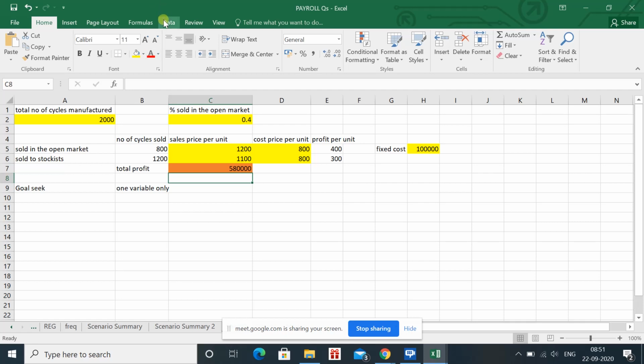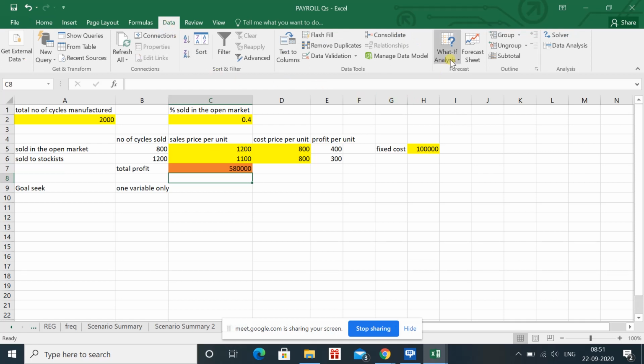Now you know that to apply the what if analysis we have to go to the data. In data we have the what if analysis. I am repeating, I have not discussed any of the points which are required to do in the question. Till now we are just discussing what all we can calculate from the given information, right?